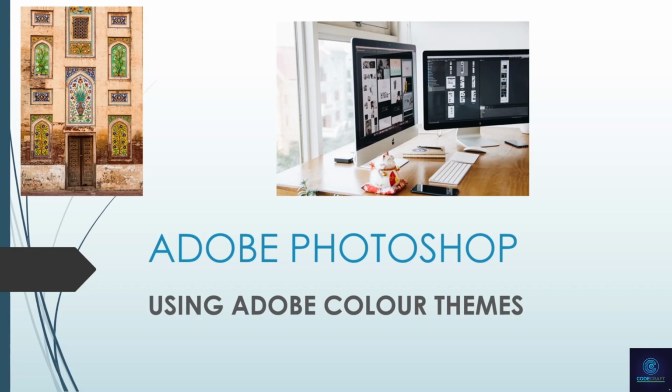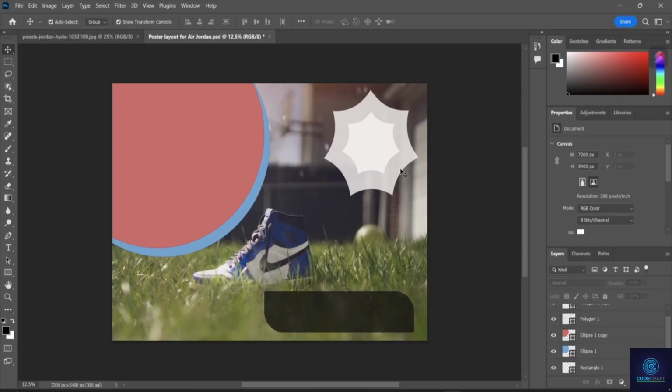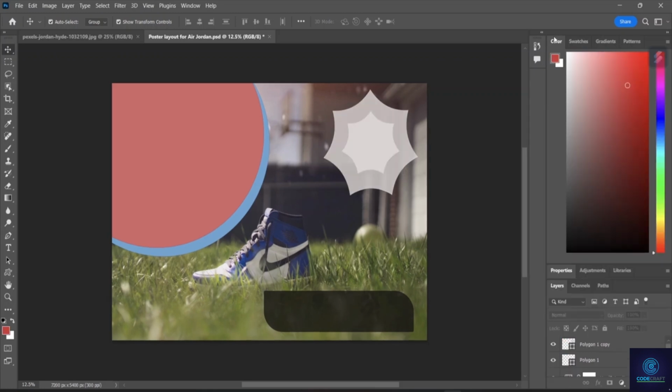So now we'll be learning about how you can use Adobe Color Themes, the color theme option in Adobe Photoshop. So all this while we have learned about the basics of coloring. I have just shown you the shapes in the previous class, but here the main thing I want to focus on is that sometimes we want to experiment with different colors, because coloring is quite important while we photo